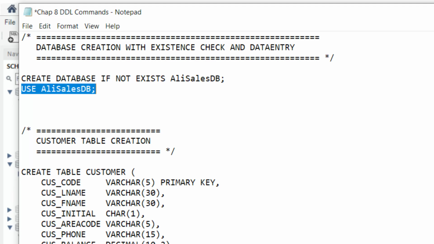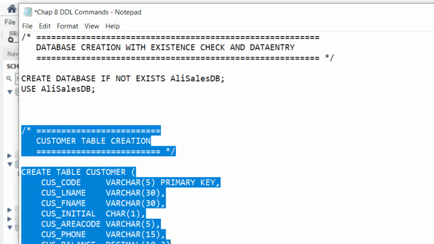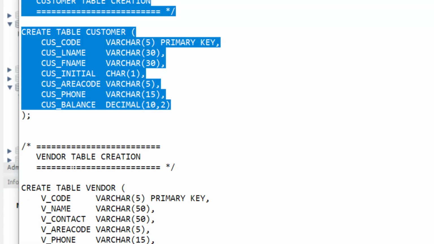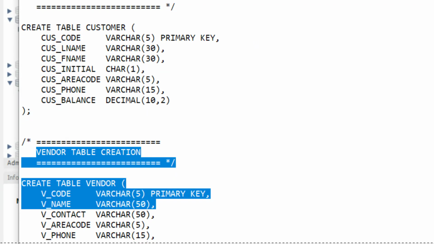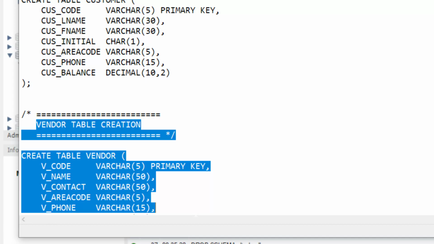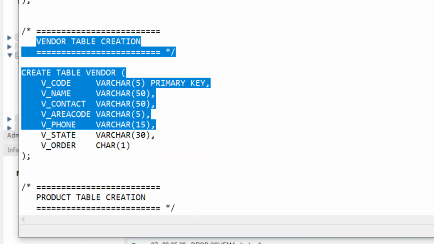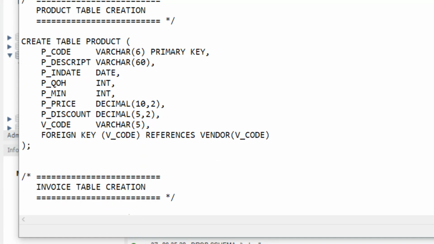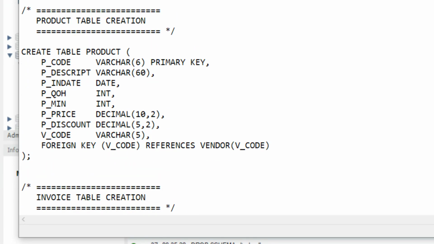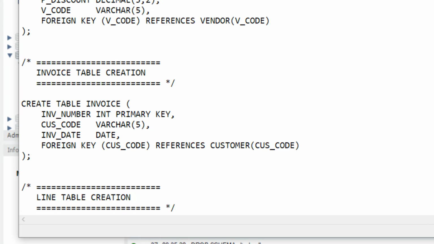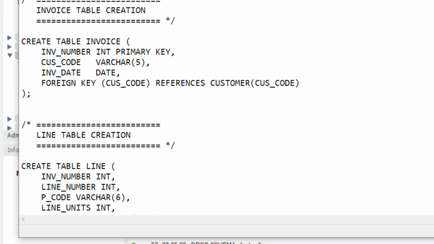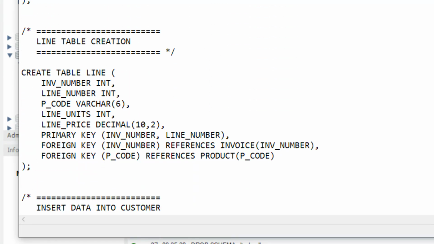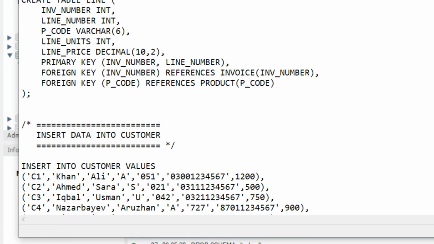Then I will create the customer table, and after that I will create the vendor table. I have already made the schema for it, and after that I will create the product table. After the product table, the invoice table, and after the invoice table I will create the line table, and then I